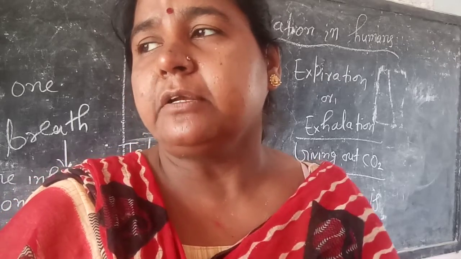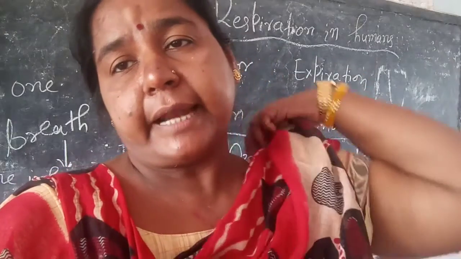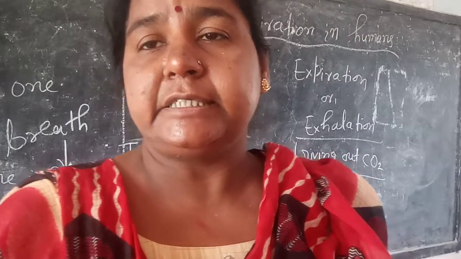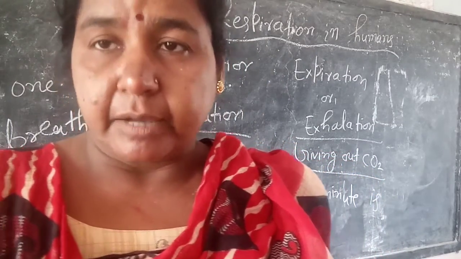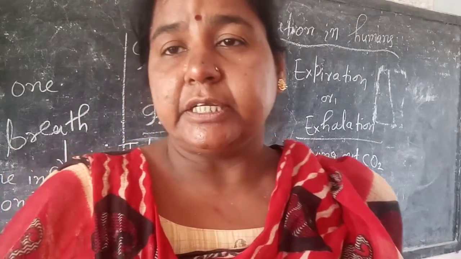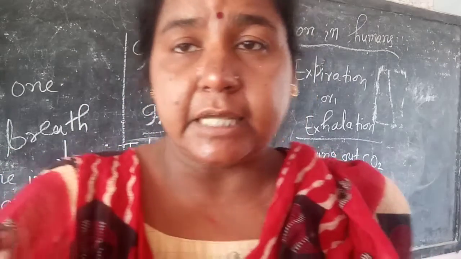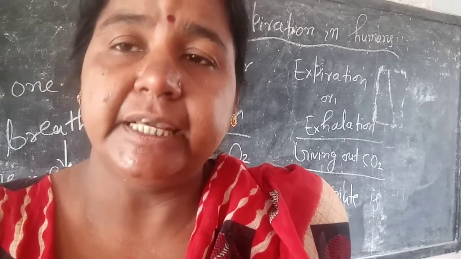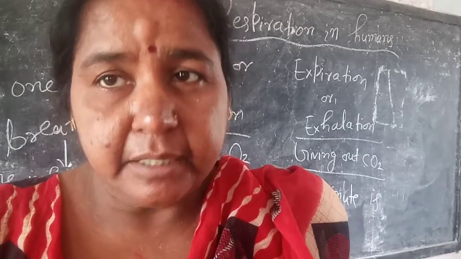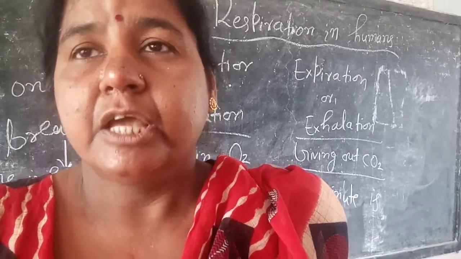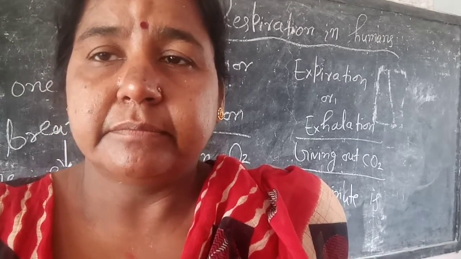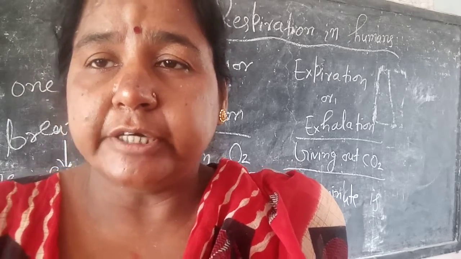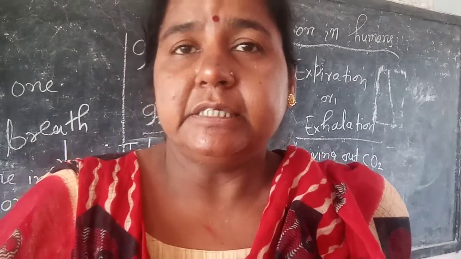There is the abdominal cavity in which the abdomen, that is the stomach, is present, and this is separated from the chest by the diaphragm. What is the diaphragm? It is the muscular part which separates the chest cavity from the abdominal cavity. Understand?